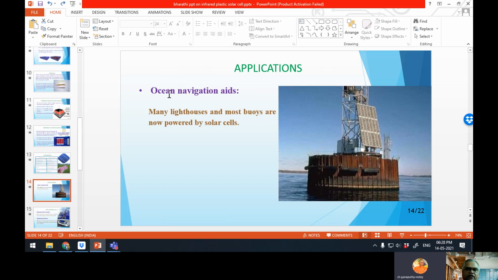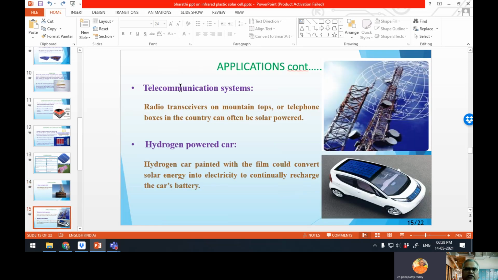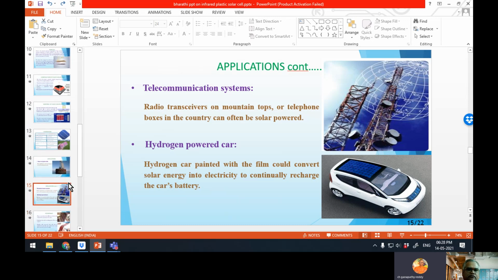Application. This application is one color, and what that application is, is another color, and a figure is shown. That gives a better view. So telecommunication system is an application, how it is useful. Similarly, immediately on the right side is a picture. Hydrogen powered car is an application, how it is used, and there is a right side application. So this picture speaks 1,000 times better than these words. So that's how it is arranged.